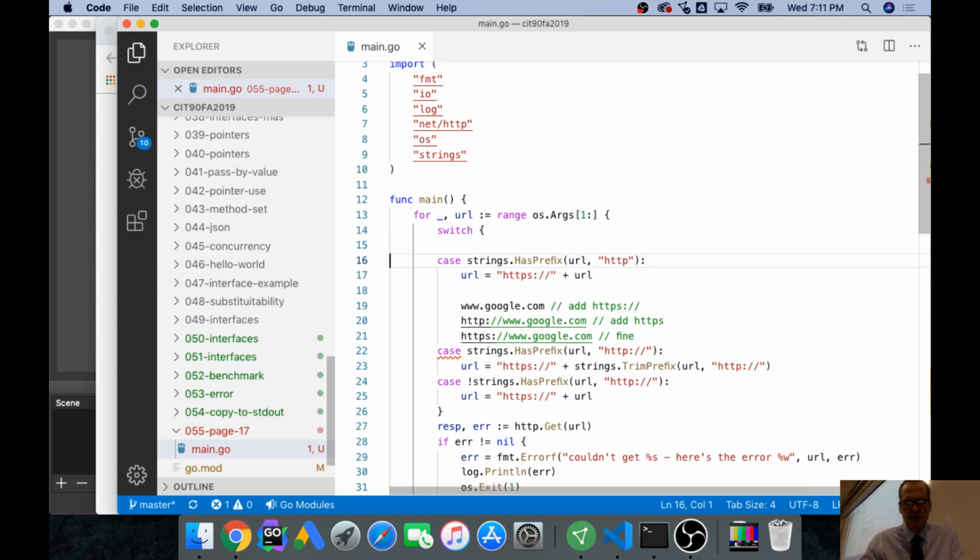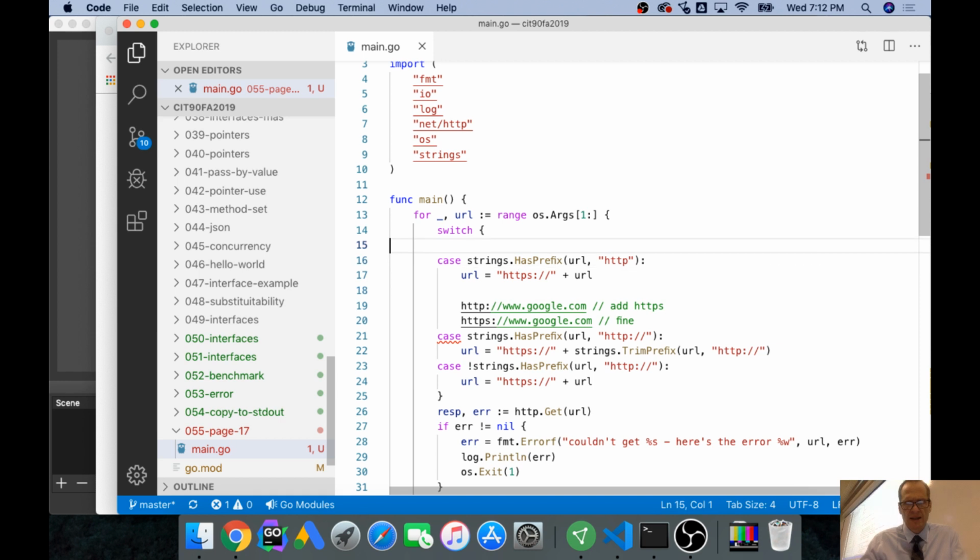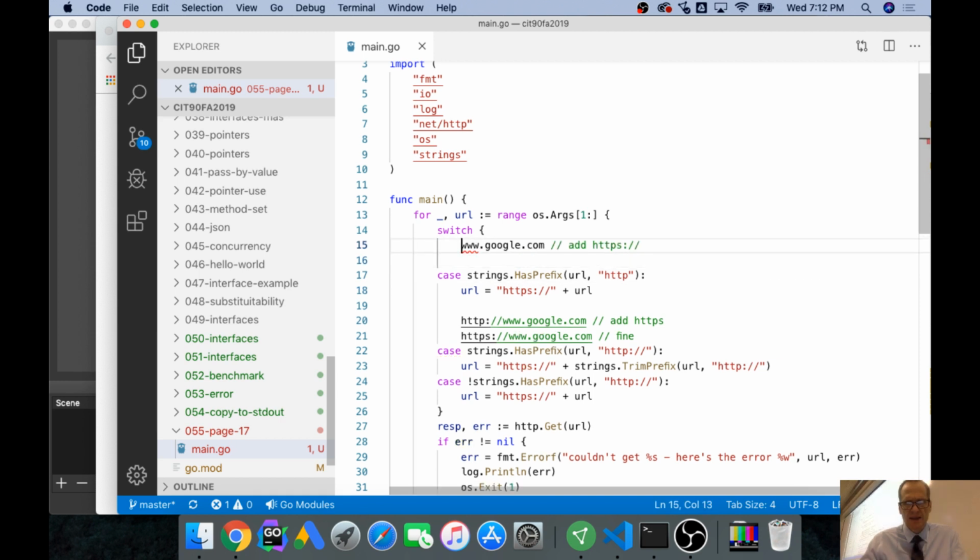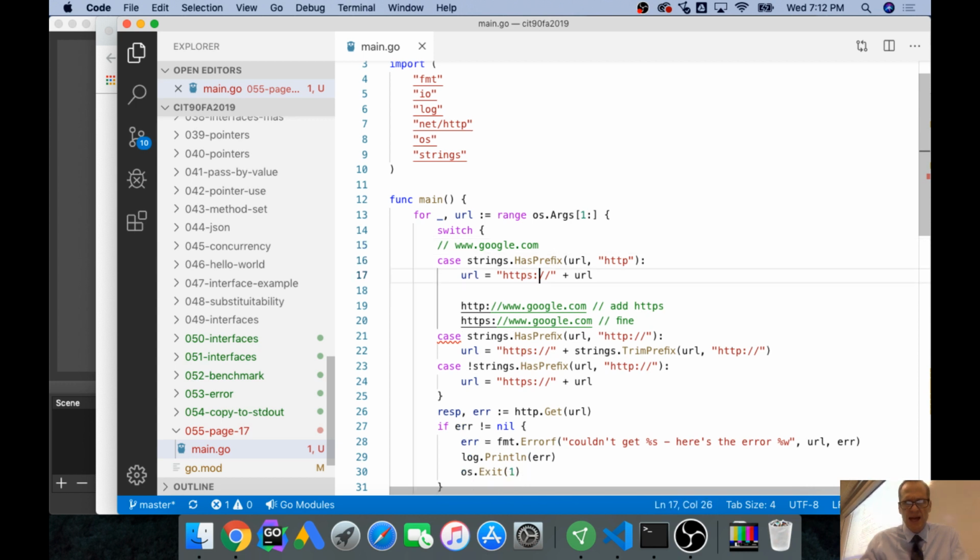All right, so this is this case. Right? So if we get that, we aren't going to have HTTP, HTTPS, any of that, right? So it's going to add HTTPS. Make sense? So the next case is we just have HTTP://,